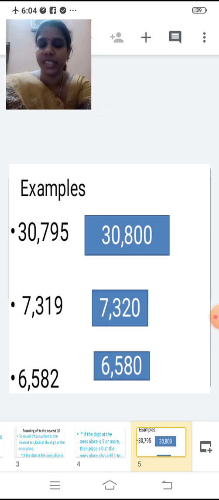What digit am I having at the tens place? Yes, 1. So 1 plus 1, 2 in the tens place. So 7,319 is rounded off to 7,320. Next example,